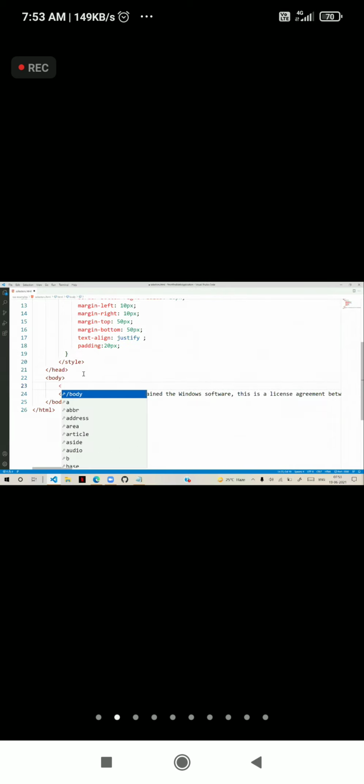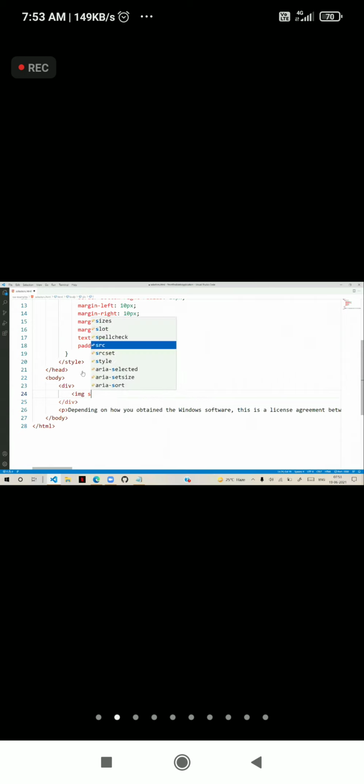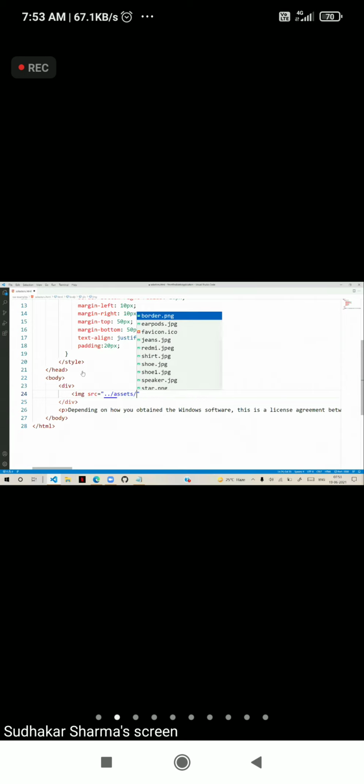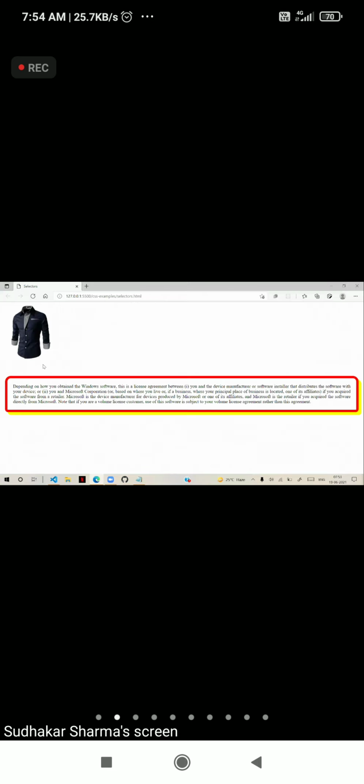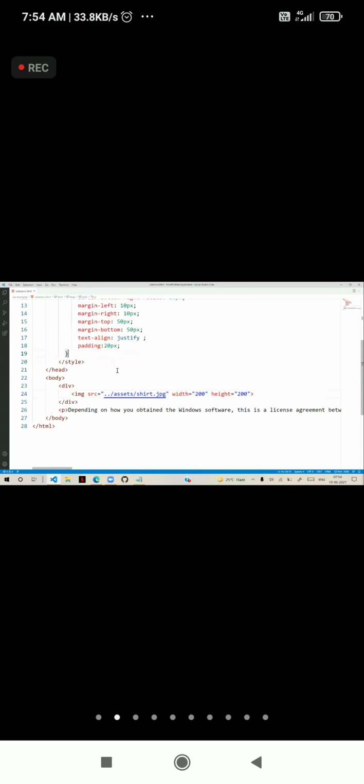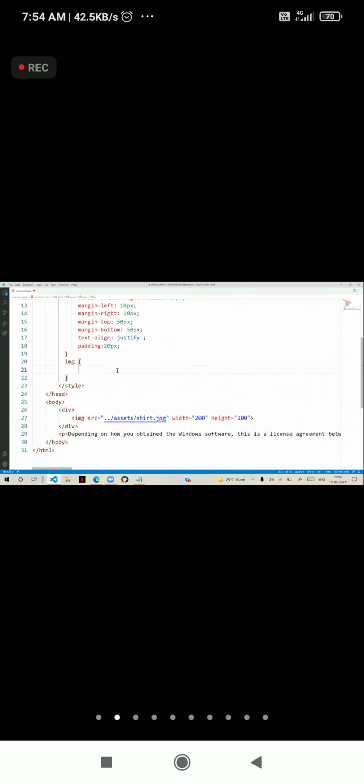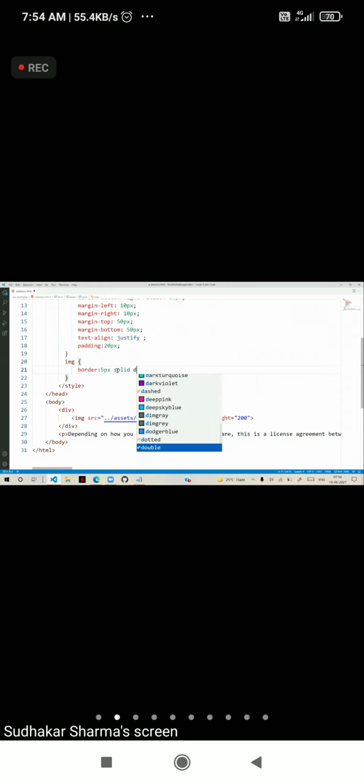Suppose we have a div, and an image with source assets, some shirt dot jpg, width 200 and height also 200. So we have an image, and to that I want to apply a border. I will just give img, border as 5 pixel solid and blue, or I will give some dark blue.